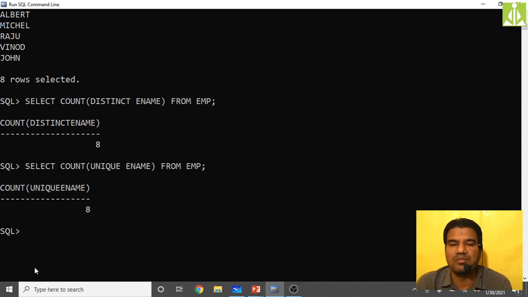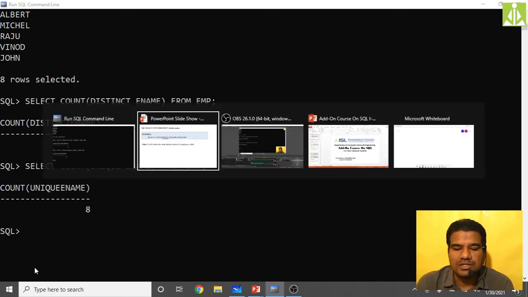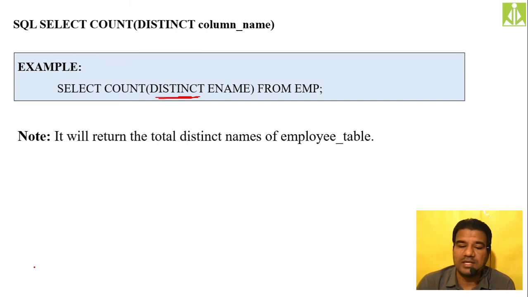Hopefully you understood the importance of these courses, and you practice and get involved in these training programs. So quickly go and see what other things we have after this count. Counting a particular column, counting with star, and counting distinct column name, distinct records, all these things we have seen.